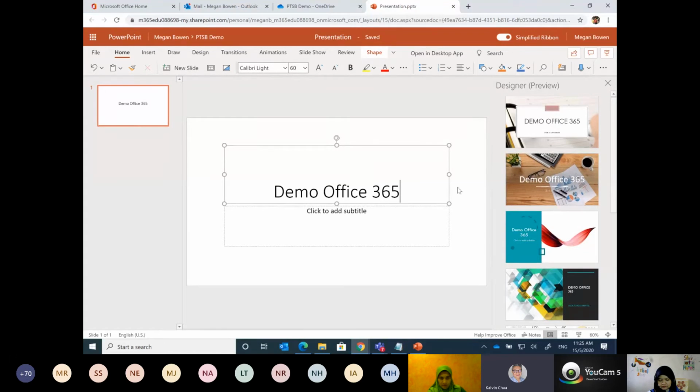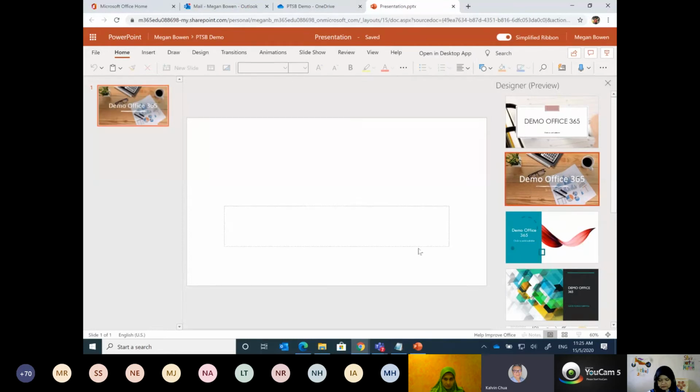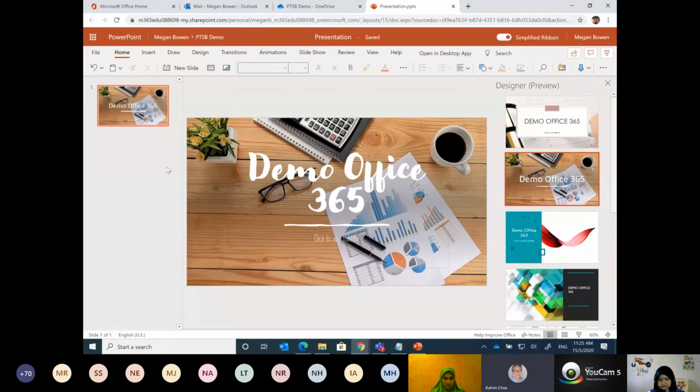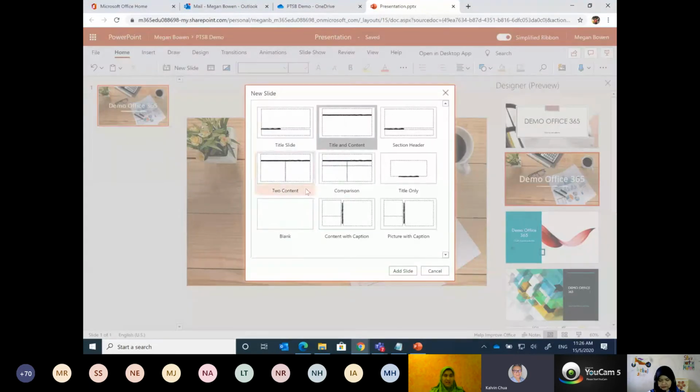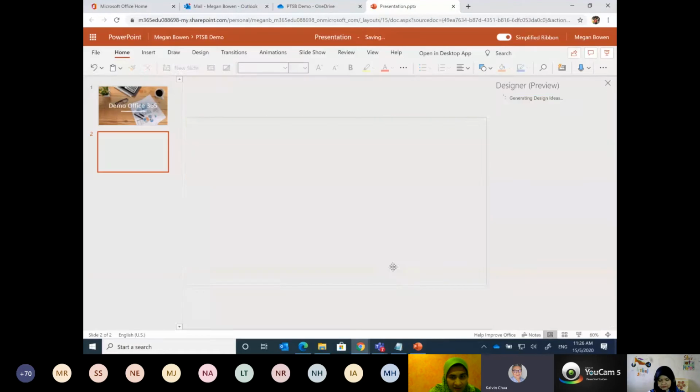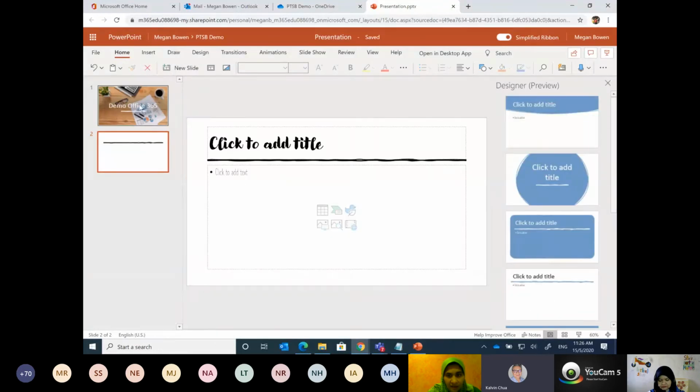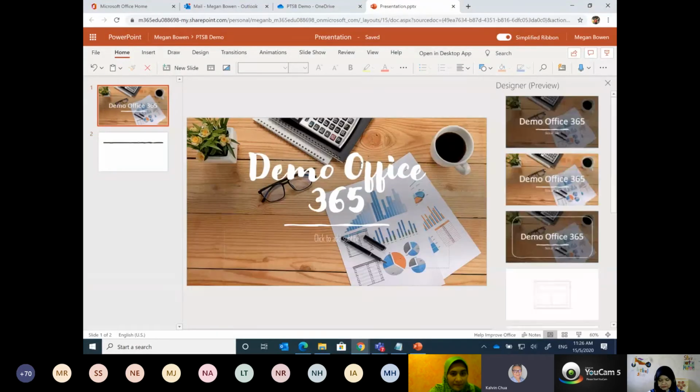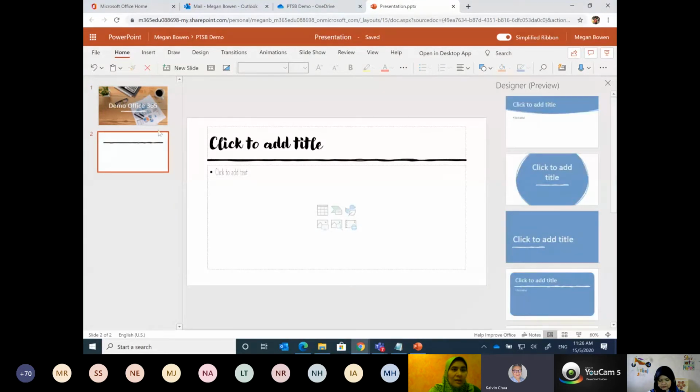Okay, so over here when I enter the keyword, it will come out. Then I can say, okay, I want to choose this design. Then I go to add new slide some more. Then I can choose, okay, title and content, add. Okay, so when I select the template, the design, it will automatically apply as my template on my